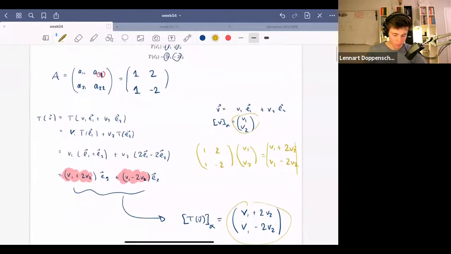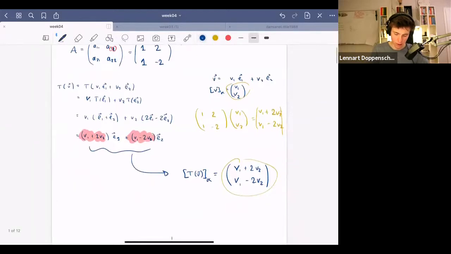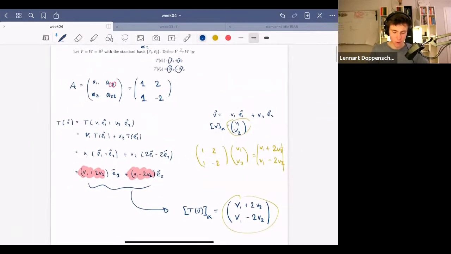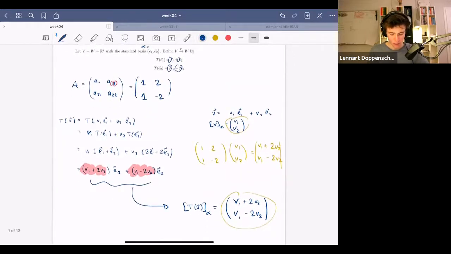So this means, no, let me wait on drawing a diagram. So this example should just suggest to you that we can encode a transformation in terms of a matrix, and applying the transformation to a vector and then getting back a vector is the same as applying the matrix by multiplication to an n-tuple representing the vector, and then we get back an n-tuple which will represent the result. Any questions?